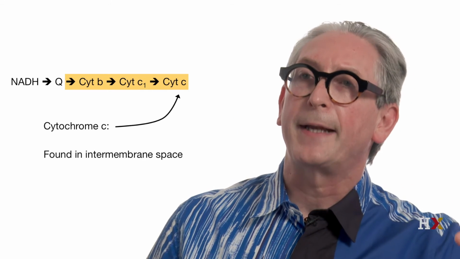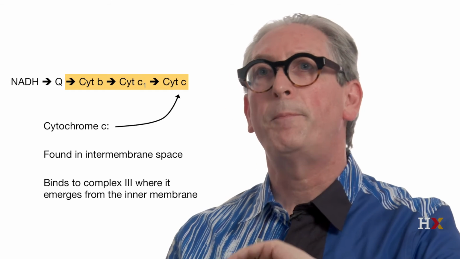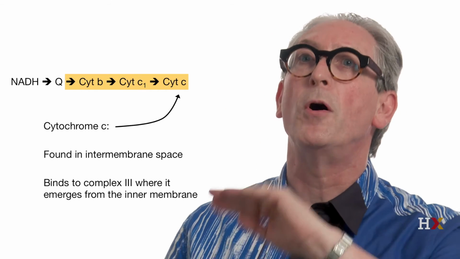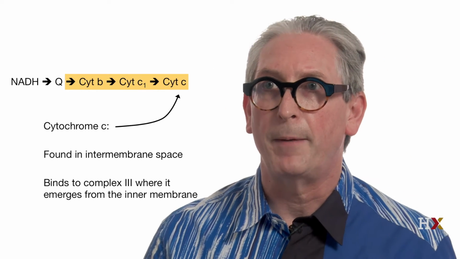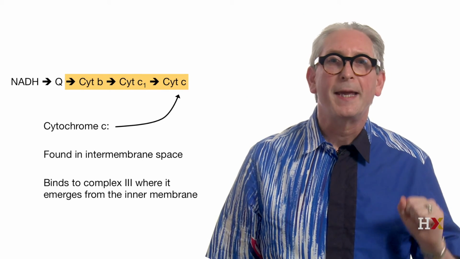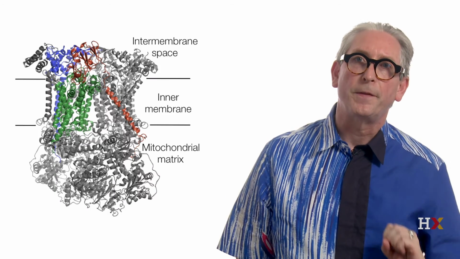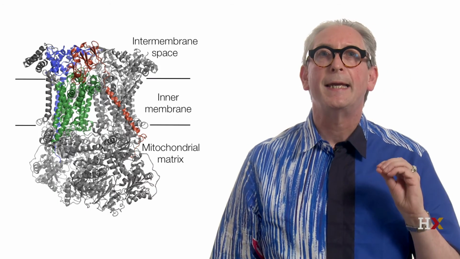Cytochrome C, in fact, can bind to the part of complex 3 that is emerging from the inner membrane on the intermembrane side. Complex 3 acts as a dimer, and the monomer, which is shown on this structure, contains 11